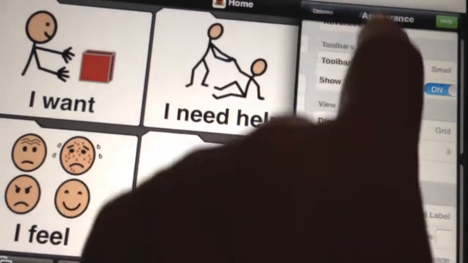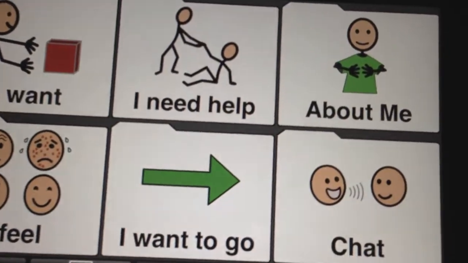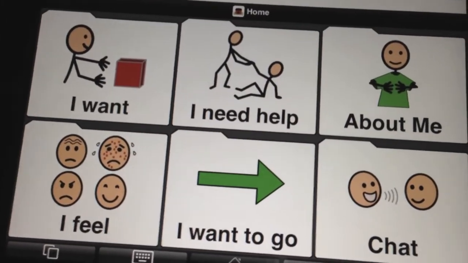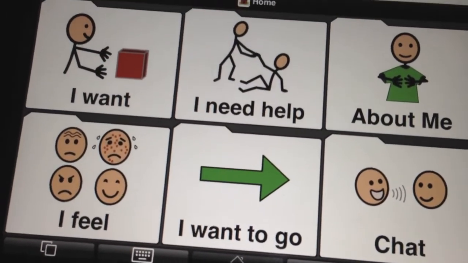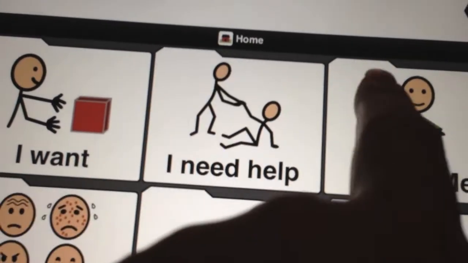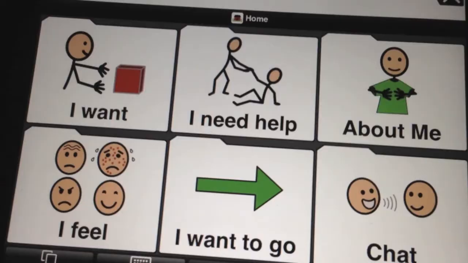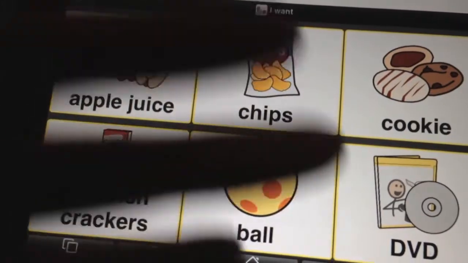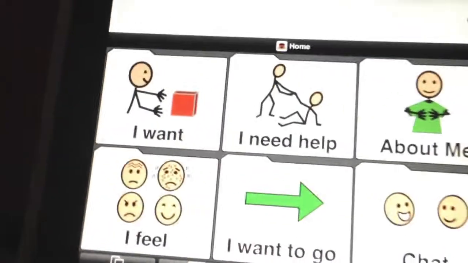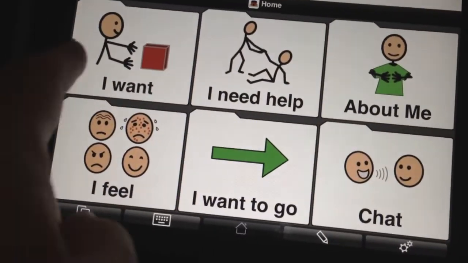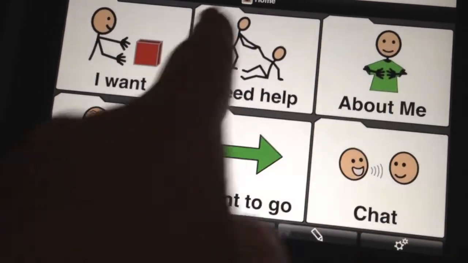So right now we have it reduced all the way down to 6 buttons. But let's say that folders are still too hard for your child. If you'll notice, all of these have a tab at the top, so they're not buttons that they just press and talk. They're folders that when they touch them, they open up into something else. So if you don't want to use folders yet, you can either choose to just get rid of all these and add buttons,